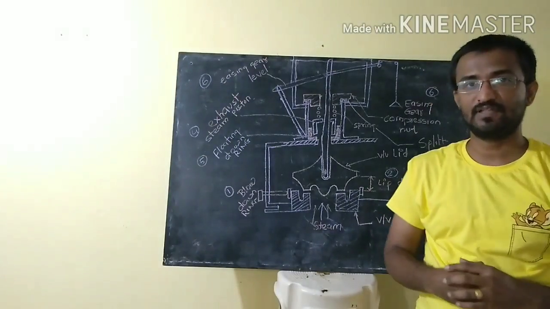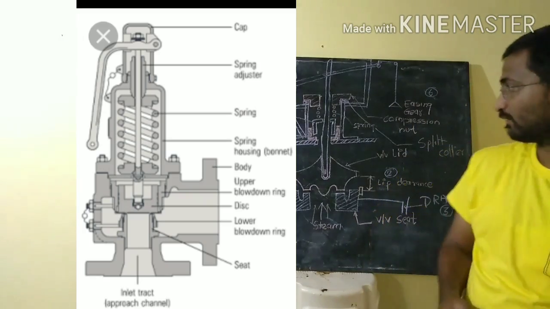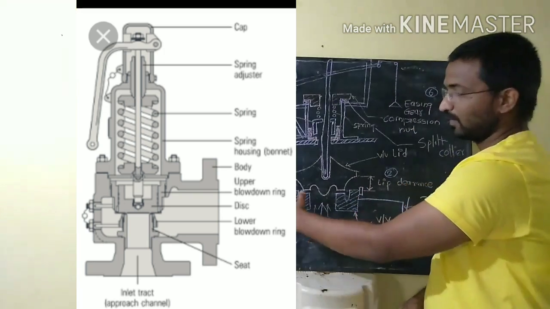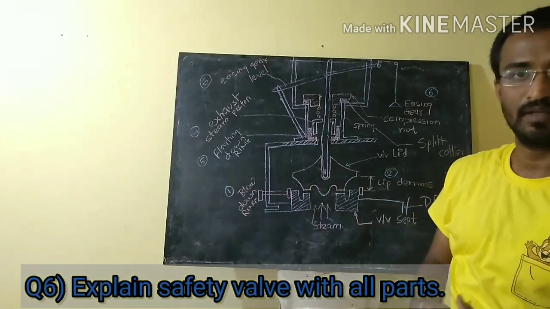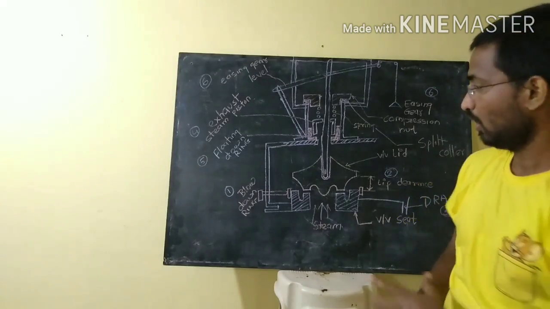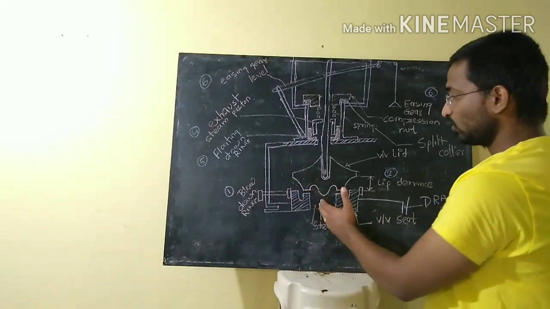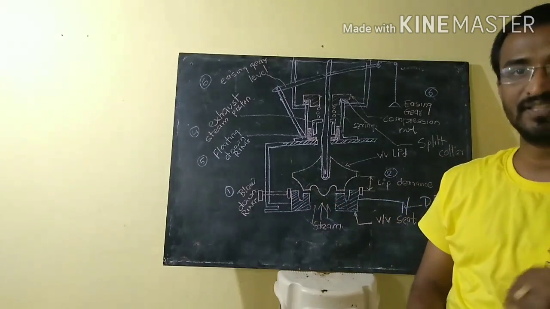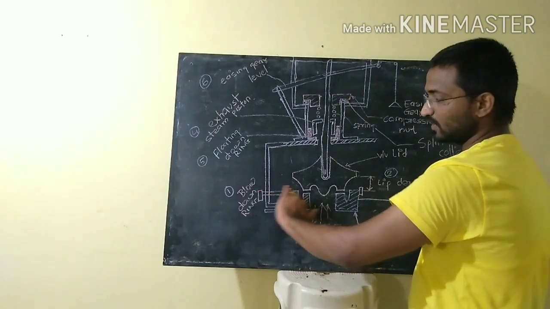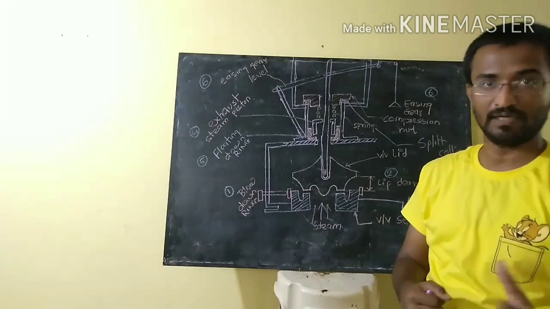So this is the picture of the safety valve I have tried to draw, and this is the actual safety valve, you can see. We will discuss all the parts incorporated in the safety valve. First we will go with the blow down ring. We already know what blow off pressure is. It is the pressure difference between the opening pressure and the sitting pressure. When you rotate the blow down ring clockwise, it will go inside, and as it goes inside, the blow off pressure will be more, and more steam wastage will be there, so water will get wasted. And if you rotate it anti-clockwise, it will go outside and the blow off pressure will be less. So the result is chattering or fluttering.